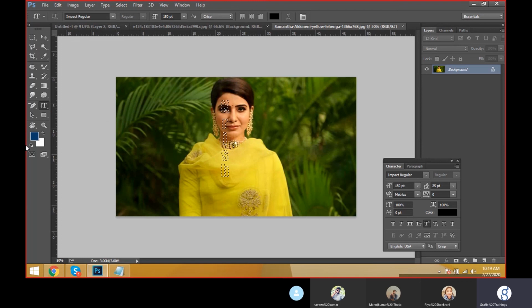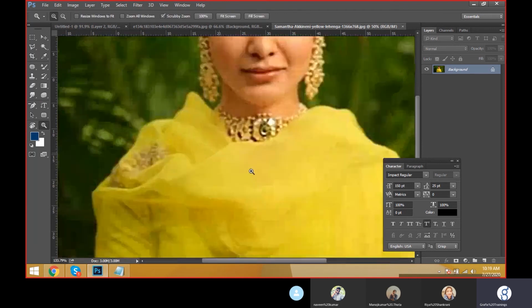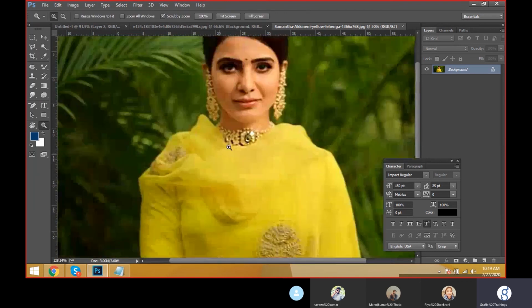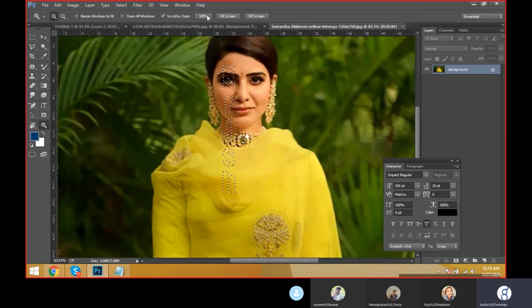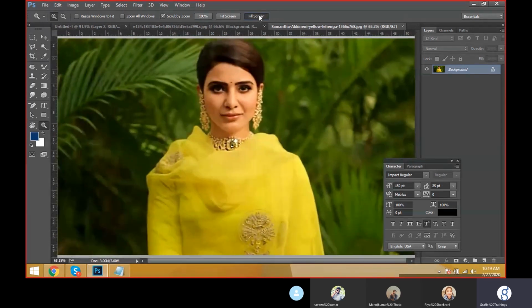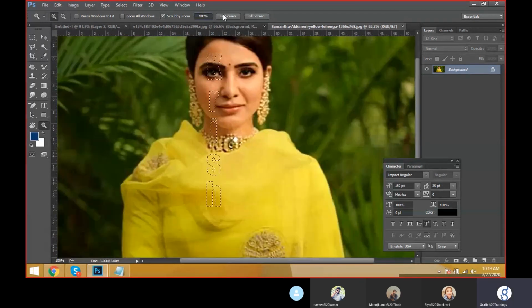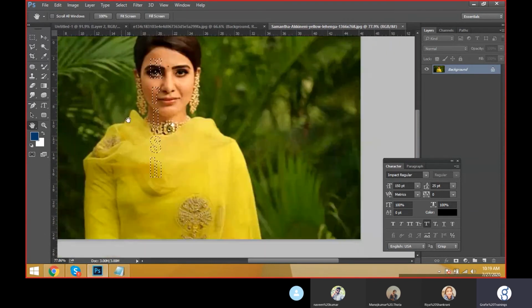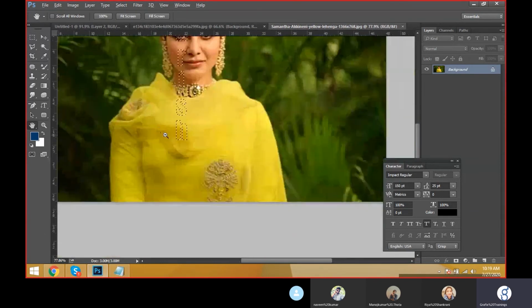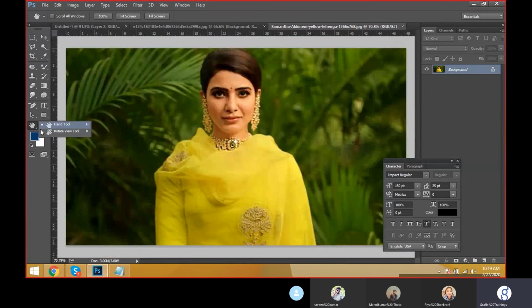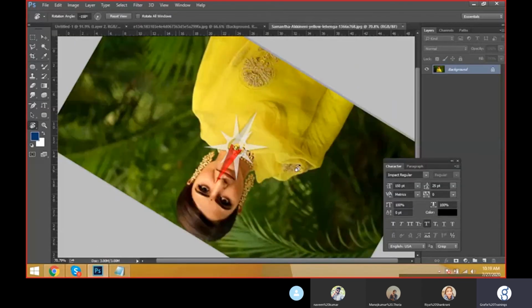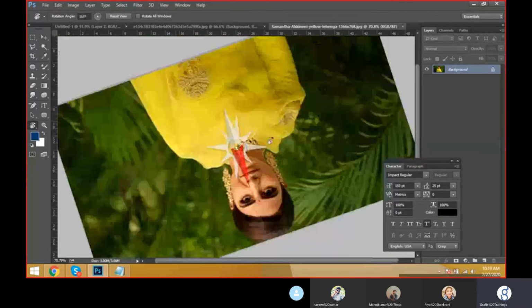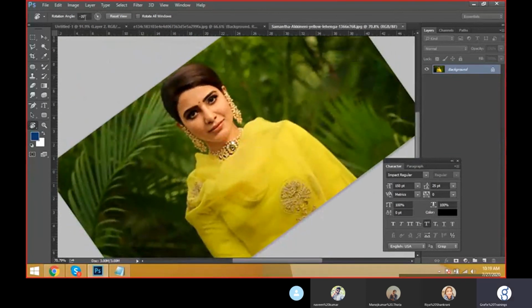Practice the text tool, and this is called the zoom tool. We can zoom the document, zoom in and zoom out, 100%, fit screen and full screen. And this is called the hand tool. We can pan the document, and we have a beautiful tool here, the rotate view tool. We can rotate the document area also. Complete the document artboard. I'm just keeping 0.